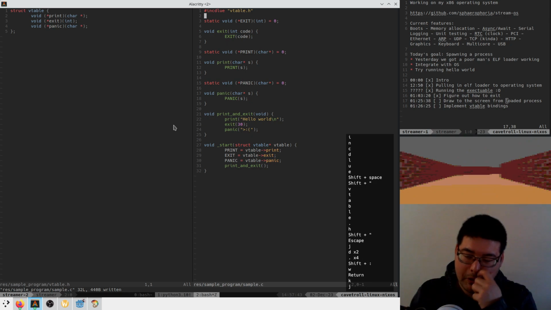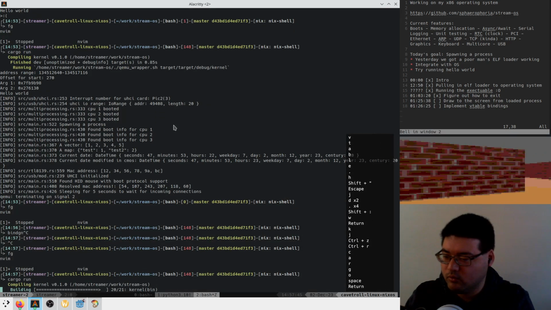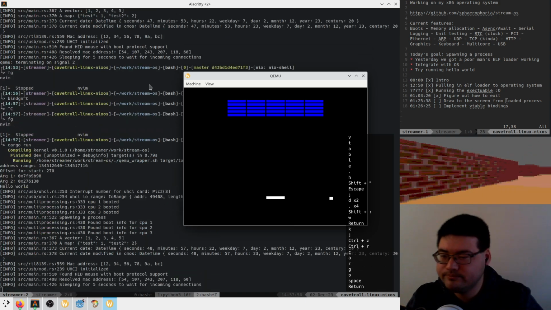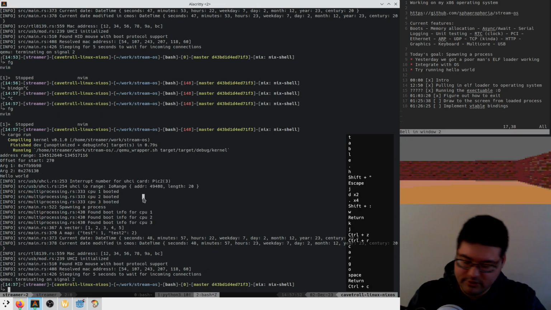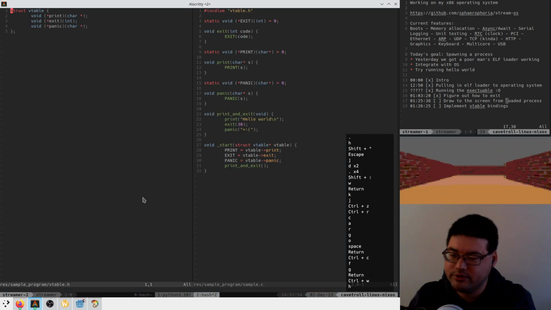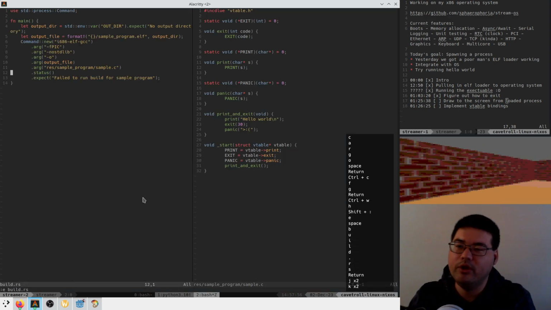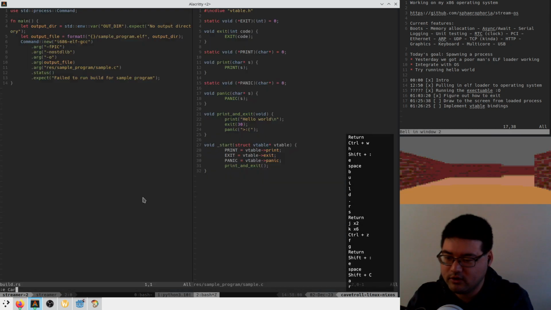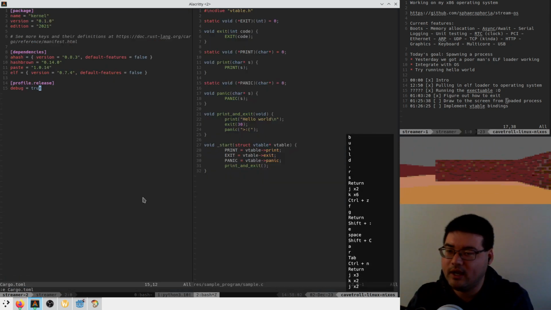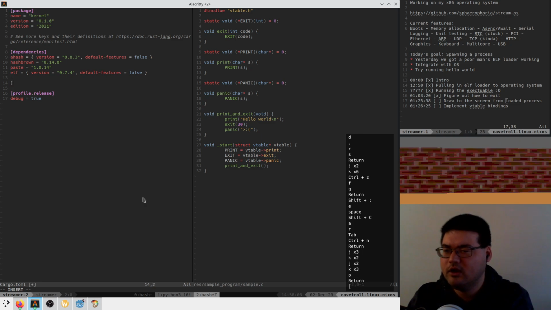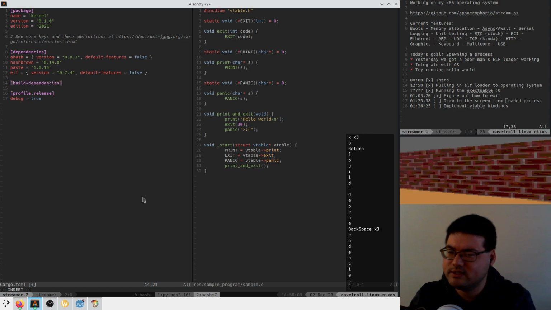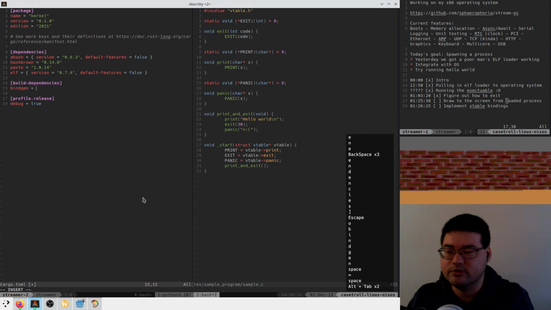Great. At this point, everything should still work. Wonderful. We still see our hello world. We still see the kernel continuing. And now what we want to do is in our build script, we want to run bindgen. So we're going to pull in a dependency, which is bindgen, but at build time. So I think it's build dependencies, and we'll just say bindgen is equal to